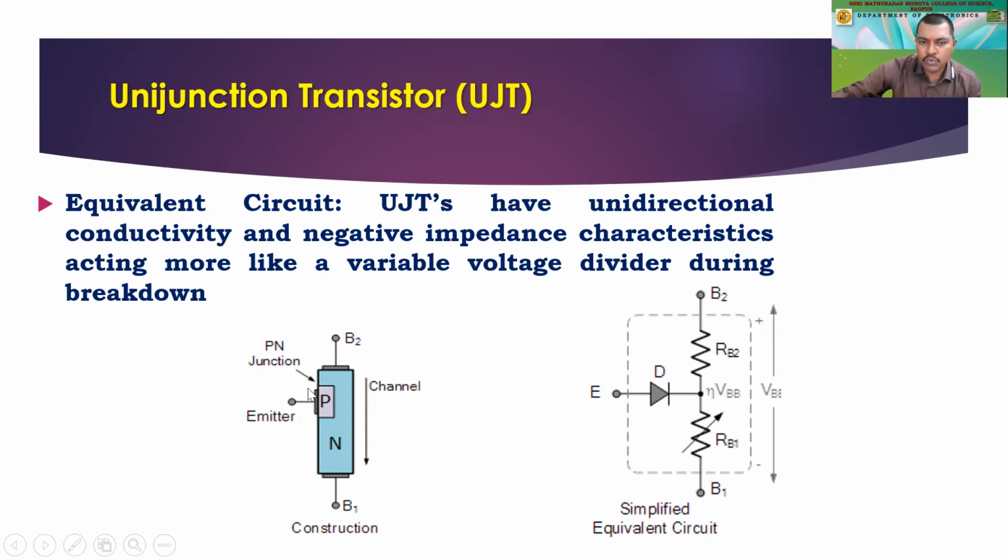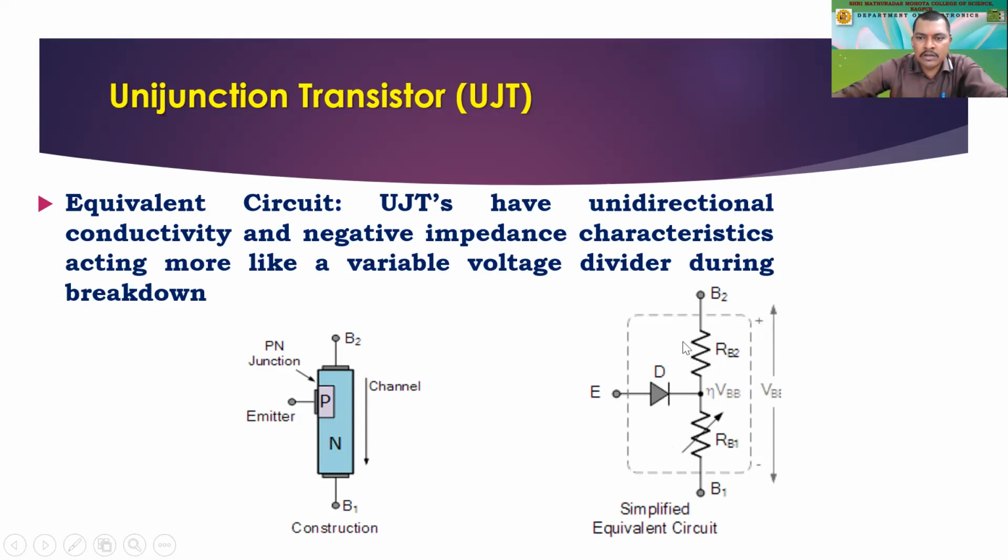And now, if you go through this UJT construction, you'll see that we have two N-type resistances like this. We have one resistance on the upper side and another on the lower side, which we take as the variable resistance, that is RB1, and the PN junction diode is over there. So we have a diode-like structure in which the anode of that diode we call the emitter, right? The cathode is still an N-type material.